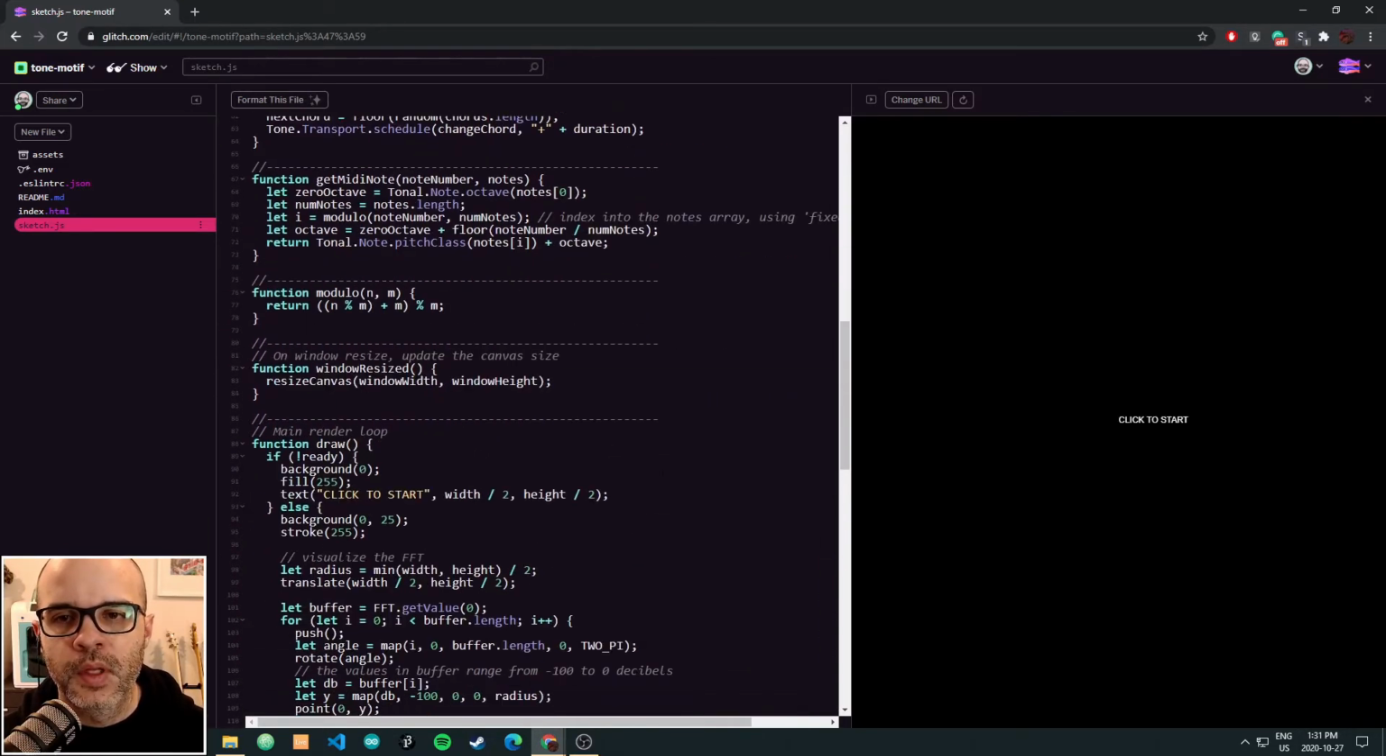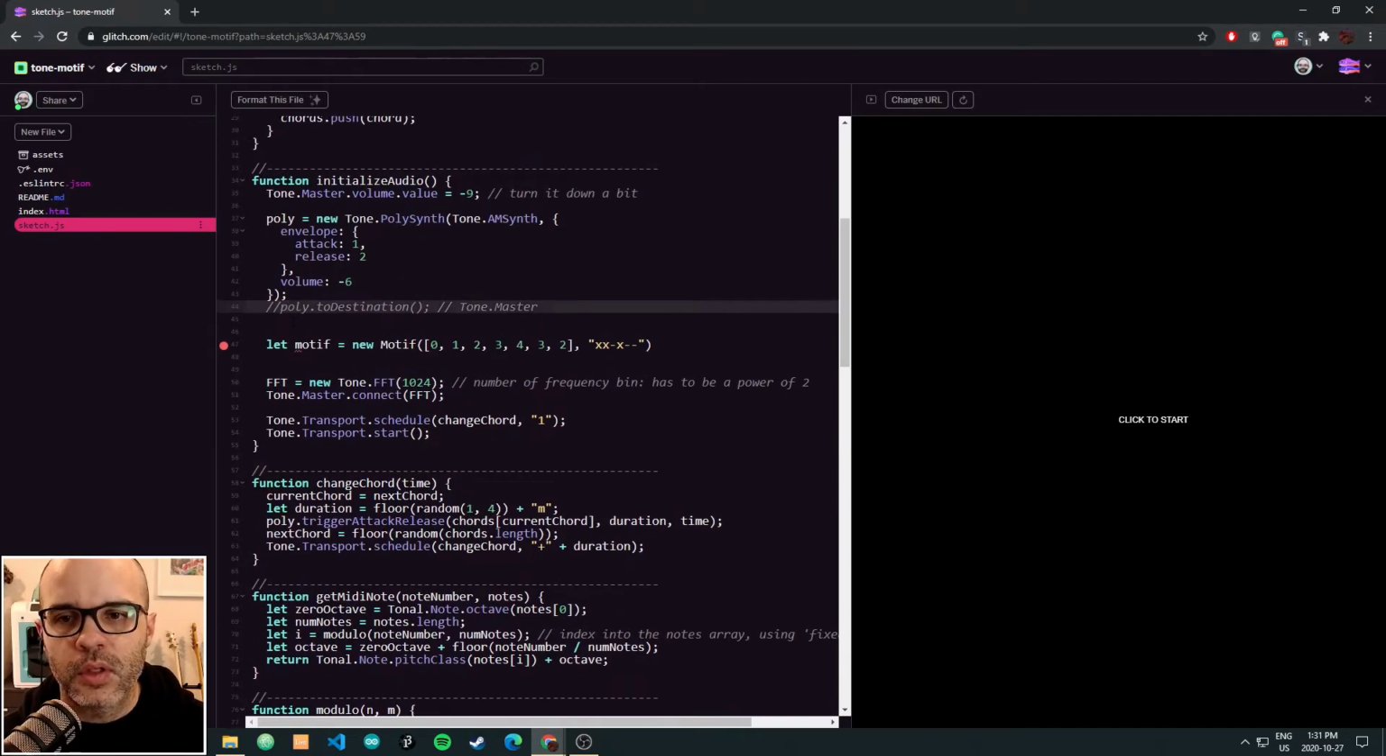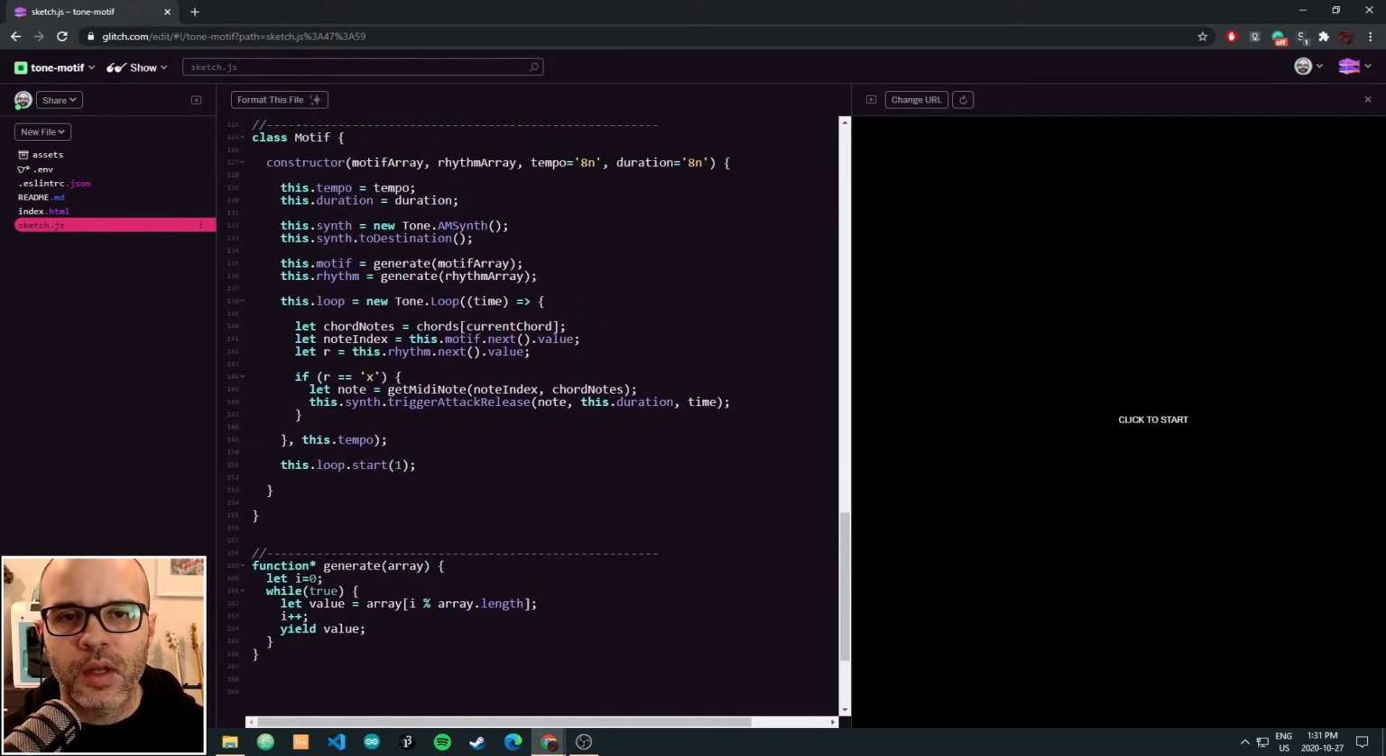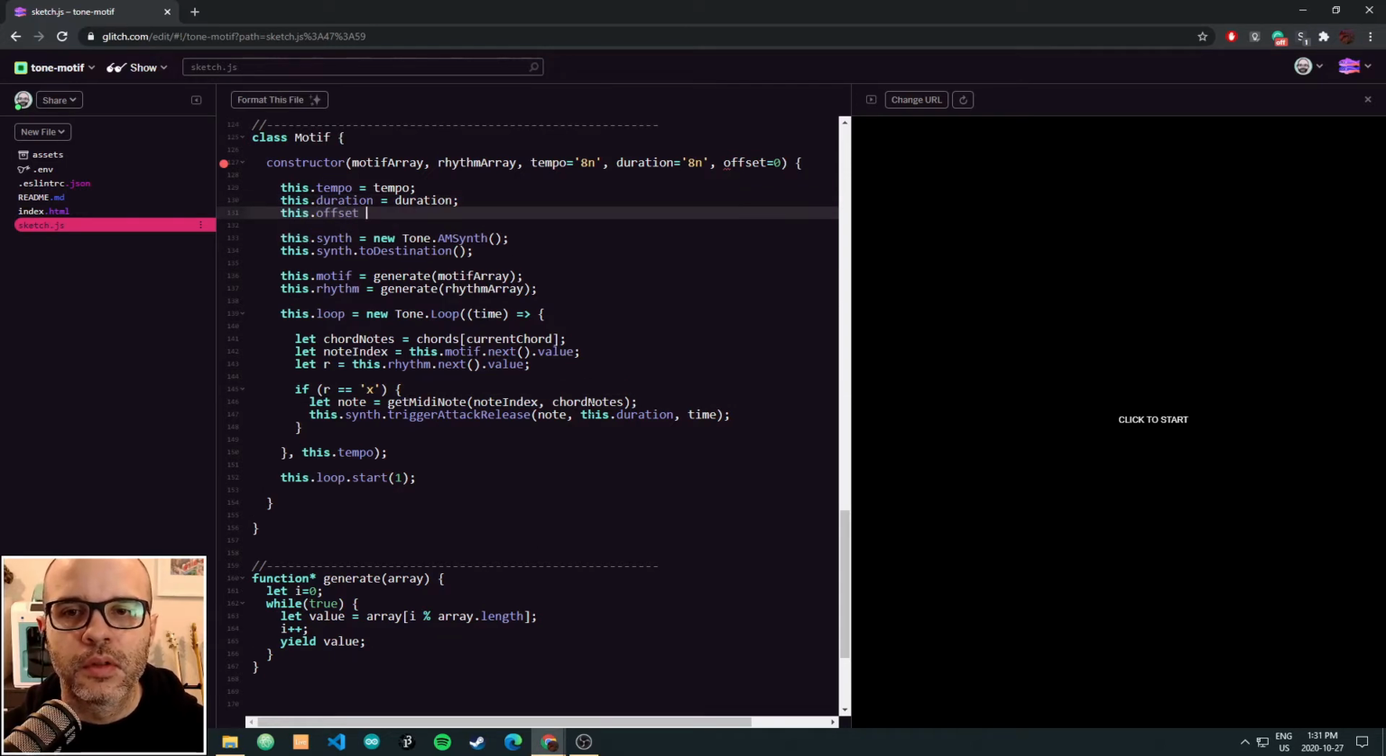All right. And let's turn our background chords back in. Okay. So now we have the ability to set a tempo, a duration. The other thing we're going to add to this is an offset. And the offset is going to be how much to offset the notes that we play in this particular sequence. So we're going to save the offset onto our object,